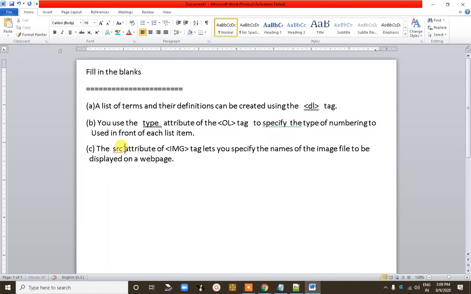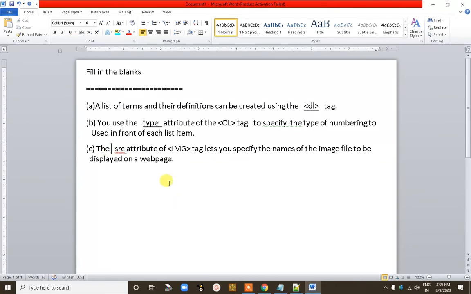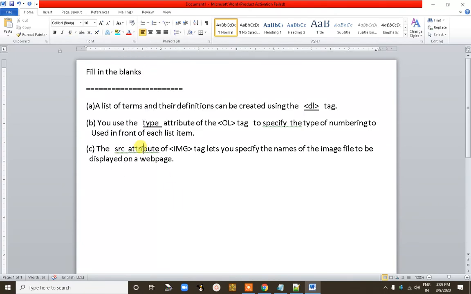So here the answer is SRC, the source attribute. The right answer is SRC.